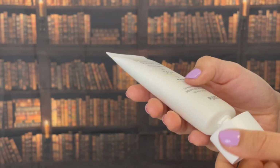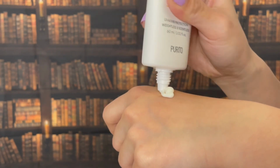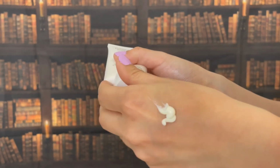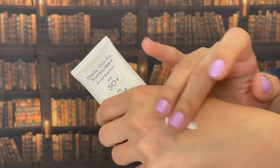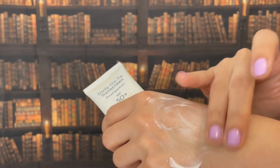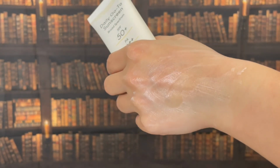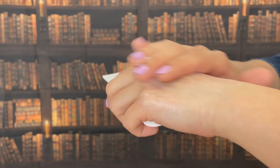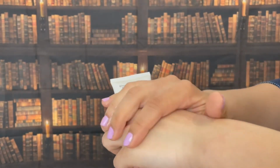It's super lightweight, nice lotion texture, no scent, absorbed into my skin, no trouble. I love it used on my face. It's like a moisturizer and it's one of those lightweight ones. I didn't have to wait and set, and in the morning everyone is in a rush. Well, at least for me, I'm always in a rush whether I'm going to work or not. I'm always late for the first thing in the morning. So I like this so much that I don't have any pressure while I'm using it,